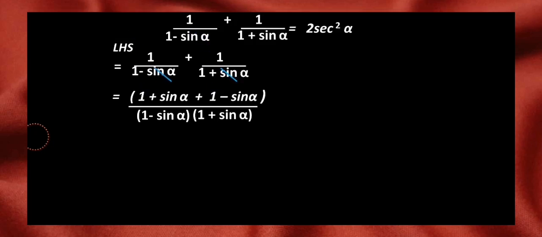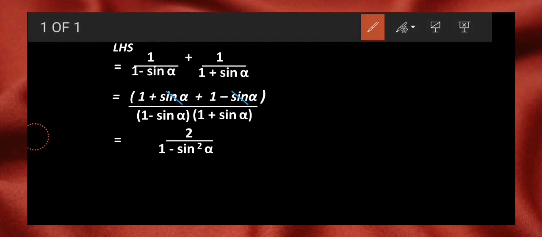Let's carry out the operation that we thought. We can strike out sin, right? And at the bottom we have a square minus b square, that will result in 1 minus sin square alpha. And in the numerator, we were left with 1 over here, 1 over here. Both have the same sign, so of course addition will take place. That results in 2. So half of the sum is already done by us.